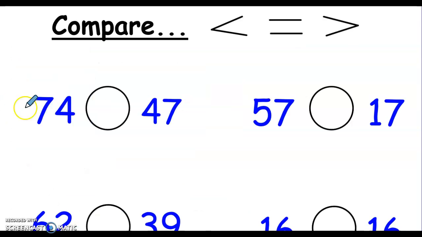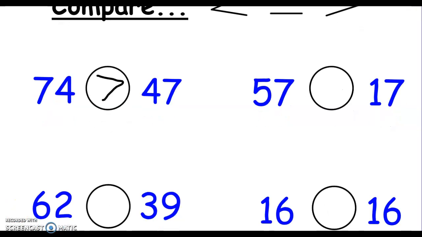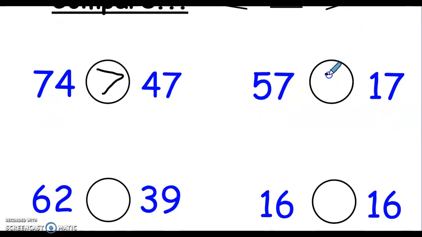Okay, so remember we read it from left to right. So we have 74 and 47. 74 is greater than 47. Let's try another one, 57 and 17. Yep, 57 is greater than, again,